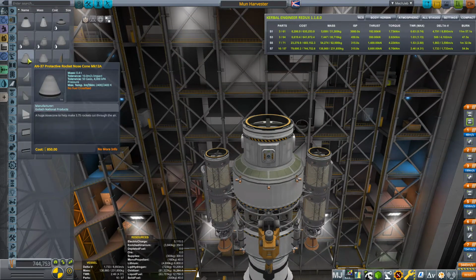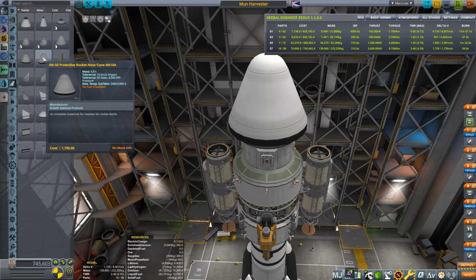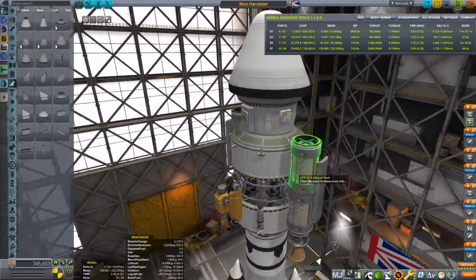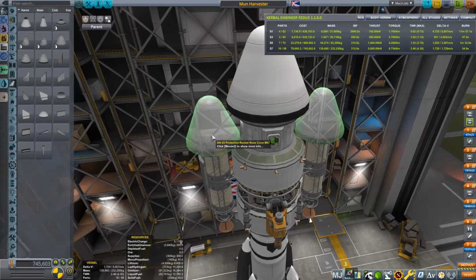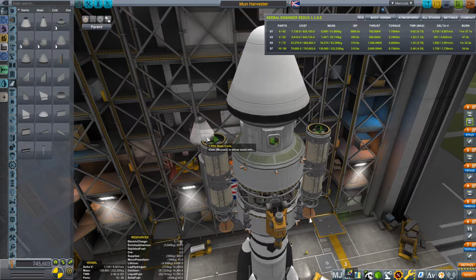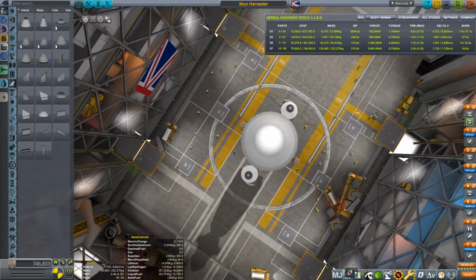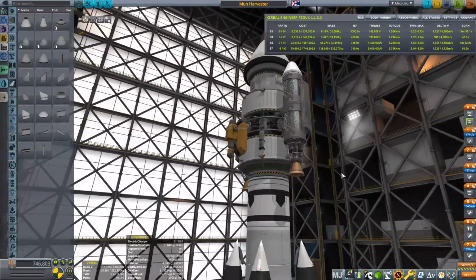Put some aerodynamic cones. Protective rocket nose cone. That's somewhat goofy. There's some stuff here that's going to be exposed to the airstream, like those mining excavators, but